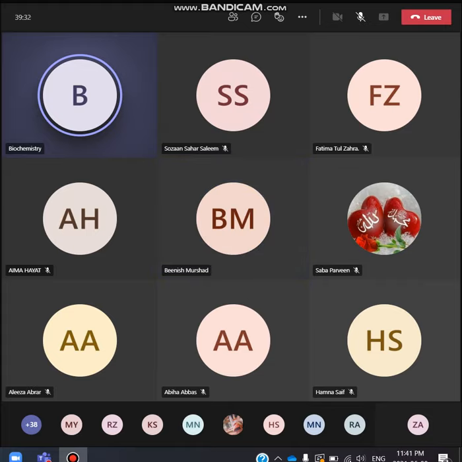If you take 4 minutes each, it will take 24 minutes. If you take it after 3 minutes, it will take 18 minutes. Is it clear to all of you?